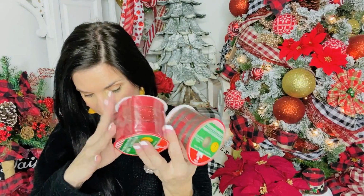And then I found this beautiful red ribbon, and I believe that this is wired ribbon. All the Dollar Tree ribbon is usually 9-foot ribbon, so you get quite a bit. It's not the most high-end ribbon, you guys, but for as many bows that I love to do, grab it if you see it. Again, 9 foot, so I did go ahead and get a roll of each of those,